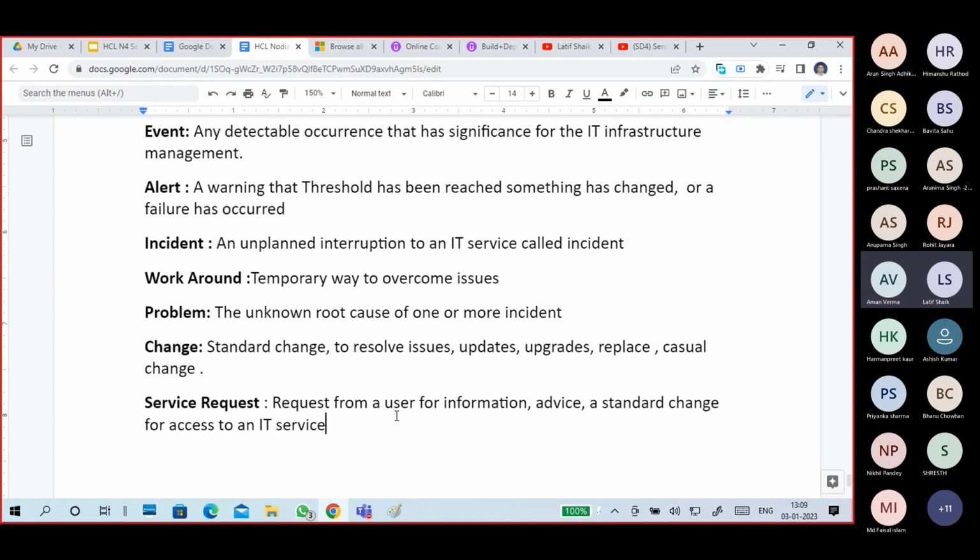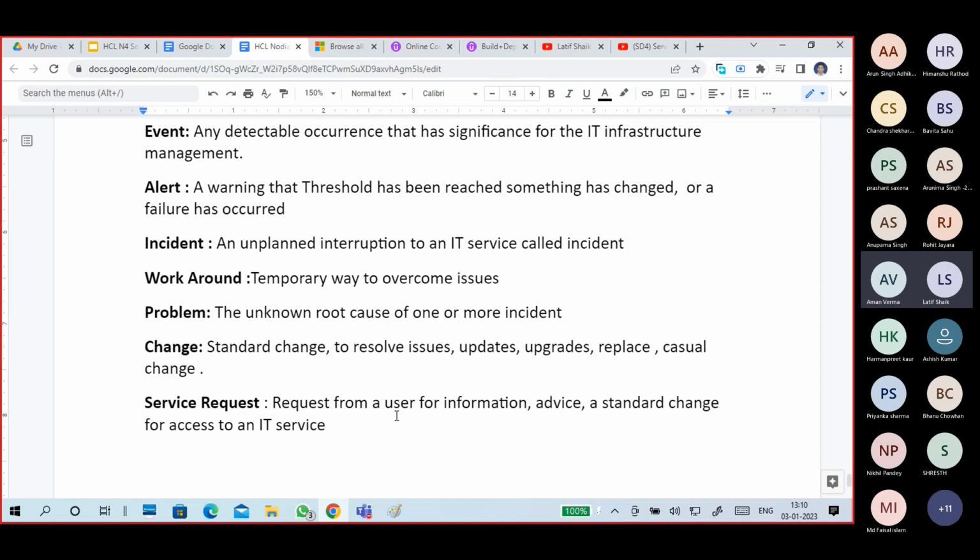They do work from home, so they will use a VPN connection. Mine is not getting VPN connectivity. Now it is working. Okay. So I'm requesting, I need a VPN connection. I need a login. I need authentication, like a thumb impression or maybe a swipe card. I need an email configuration, Outlook configuration is required. So like that, service request.